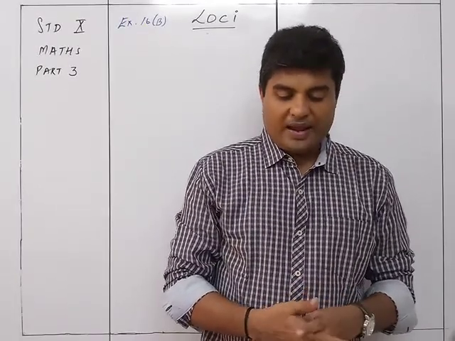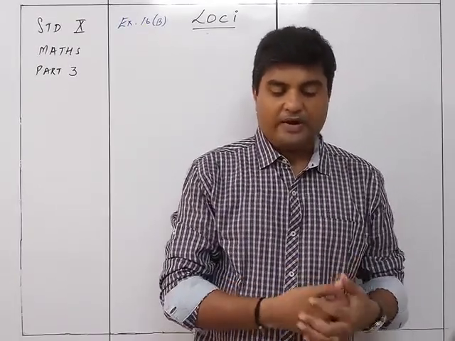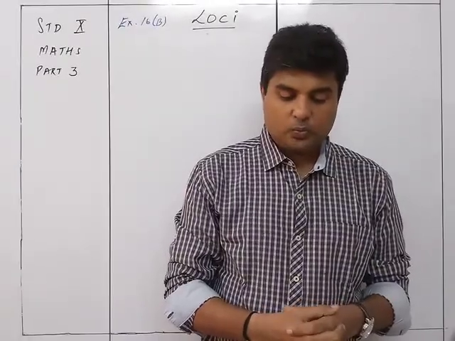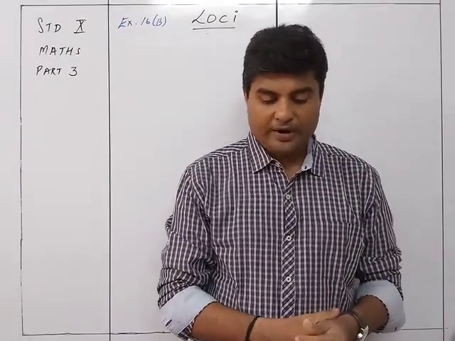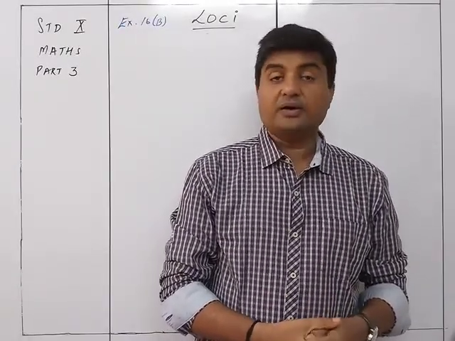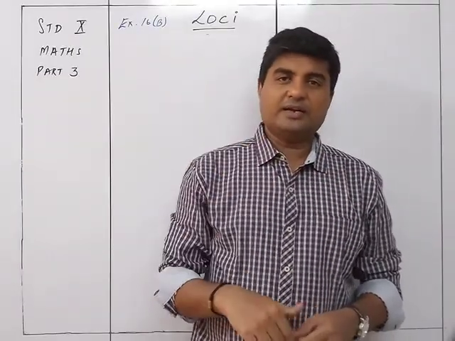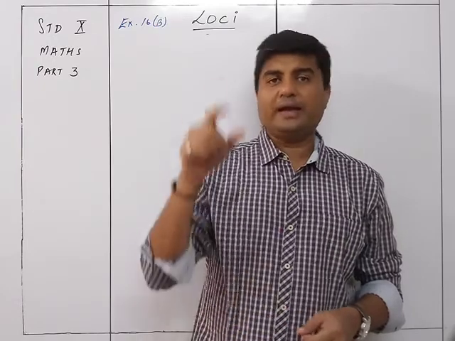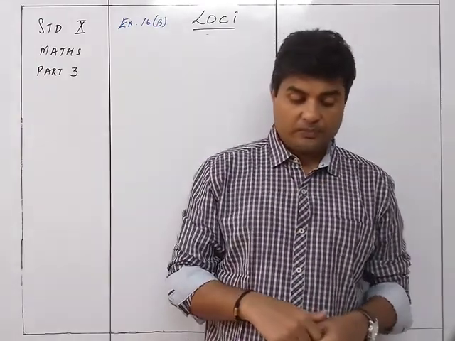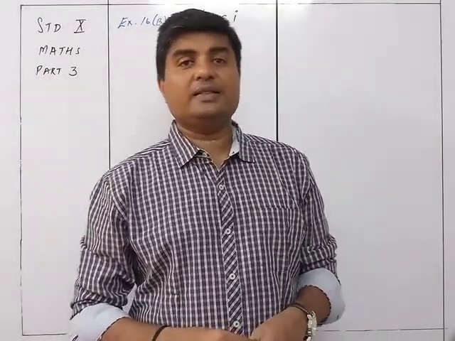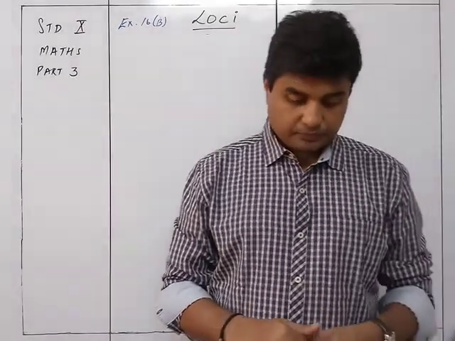The locus of a point in a plane and at a fixed distance from a given point is the circumference of the circle with the given fixed point as center and the given fixed distance as the radius. So that's of course the circle. The center of the circle is the fixed point and the locus will be the circumference of the circle, and the distance between the center and the point will be the radius.